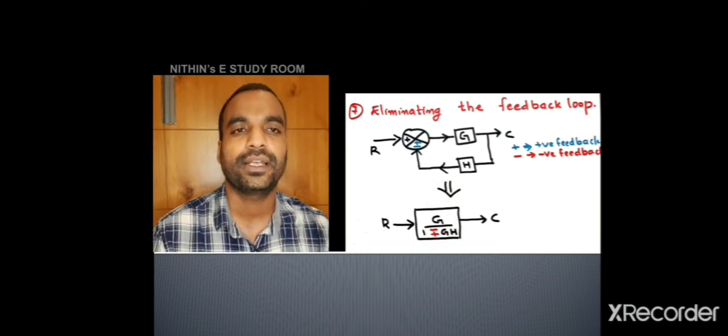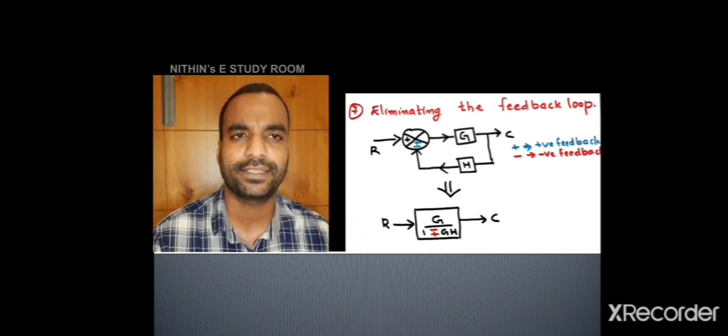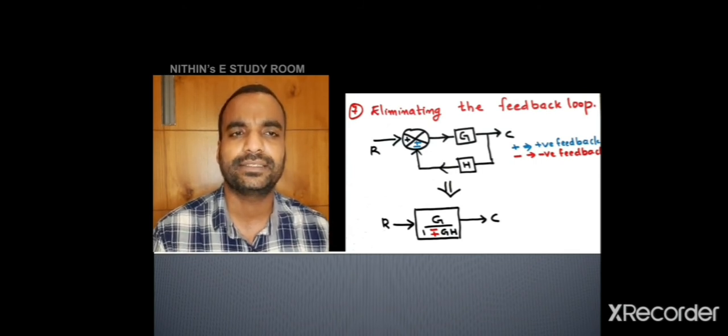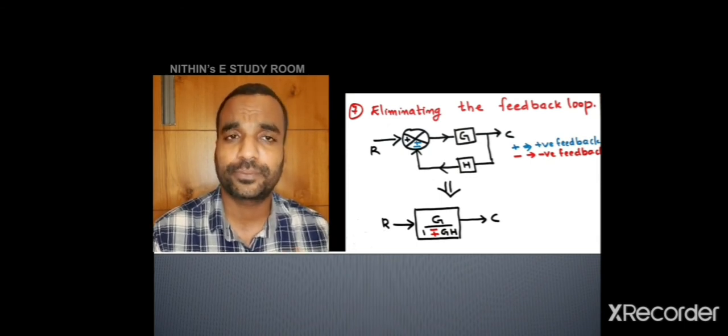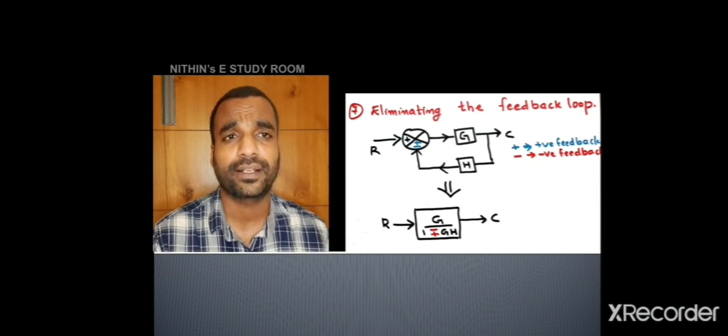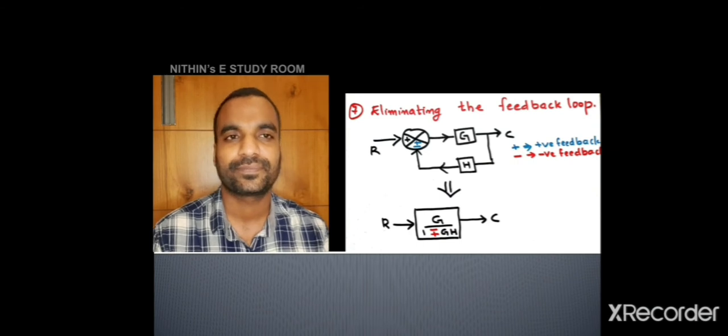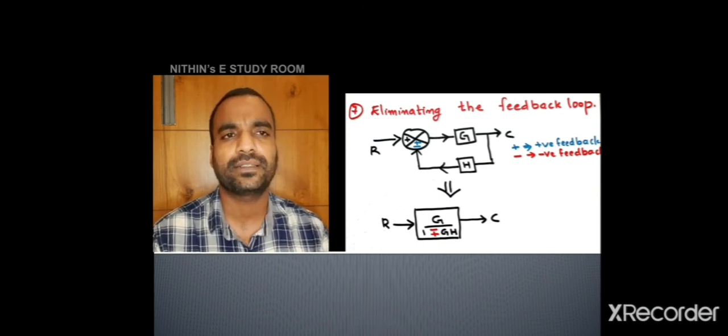So the transfer function of a closed loop feedback path is G by 1 plus GH, or in the s domain G(s) by 1 plus G(s)H(s) in the case of negative feedback. So the plus and minus will just be reversed in the equation. That is the case. Any feedback path we can simplify by the direct equation. No need to do summing or multiplying. This is the thing we already know.